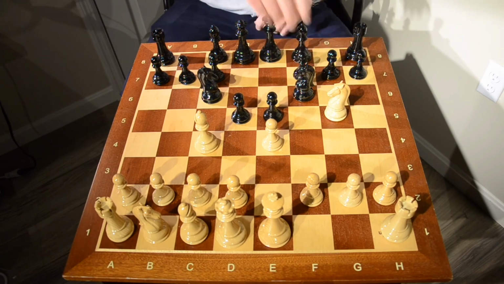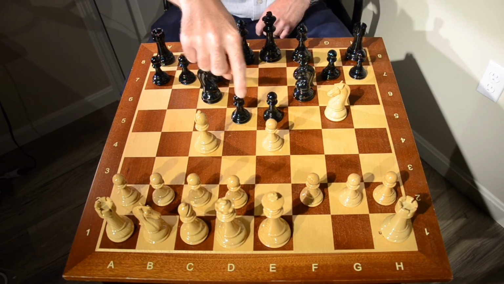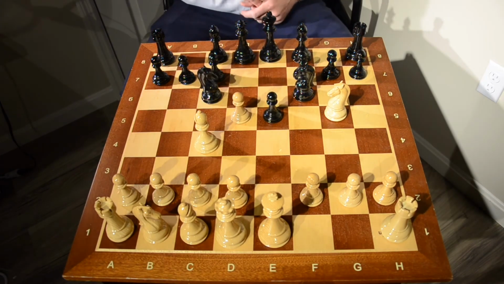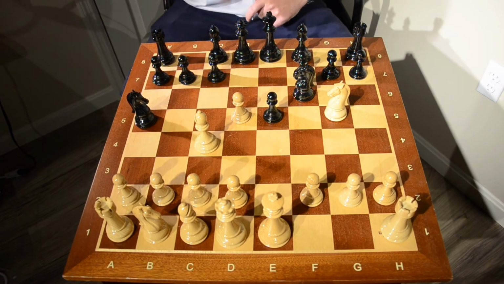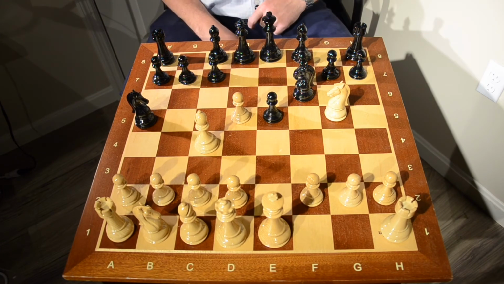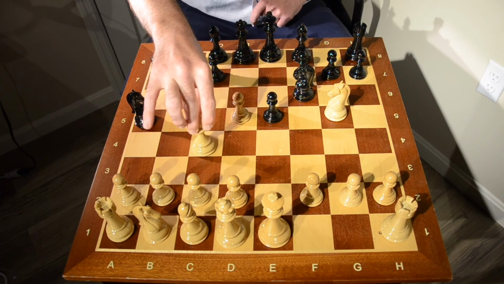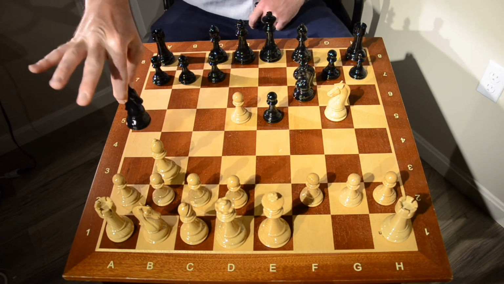Another possibility is, well, white can simply capture this pawn. They could capture with their pawn. And now the main move for black is to move the knight to the edge of the board, which as a general rule is not to move your knights to the edge of the board, but in this case, it threatens the bishop, and even if the bishop moves backwards and tries to stay on the diagonal,